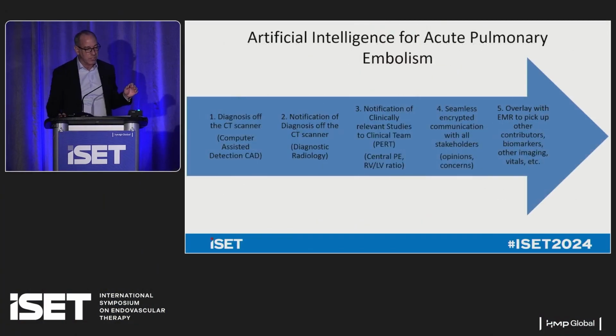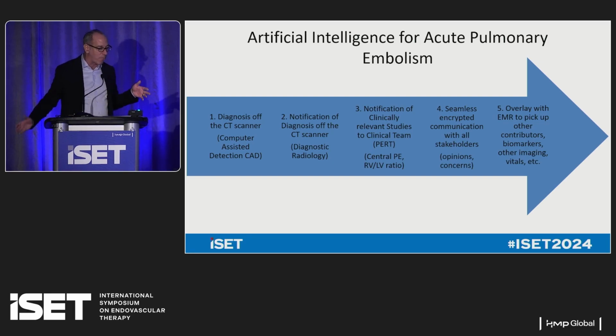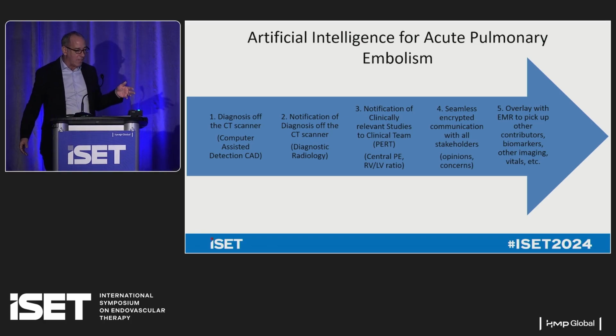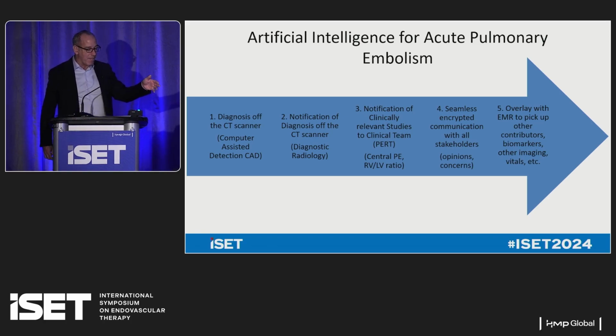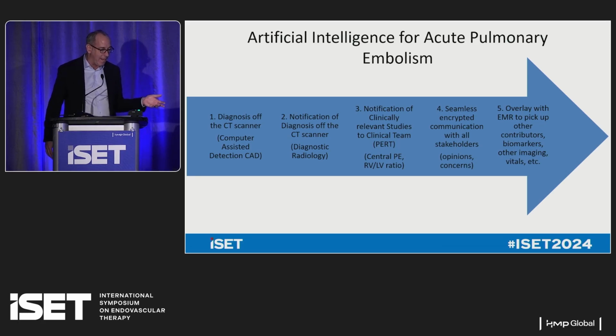These are my disclosures. By way of history, and again, Danya touched upon this, AI has been around for a long time. Those of us who are radiologists remember that the CAT scanner itself could basically tell you whether there was a PE. But obviously those results only went to the diagnostic radiologist, and the diagnostic radiologist is not going to decide whether the patient needs surgery or TPA or an endovascular revascularization, et cetera.